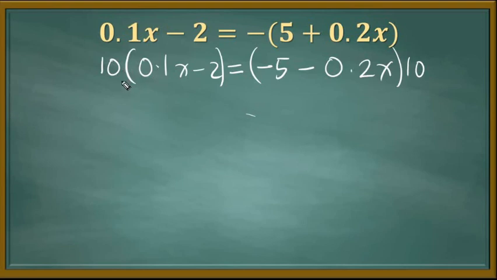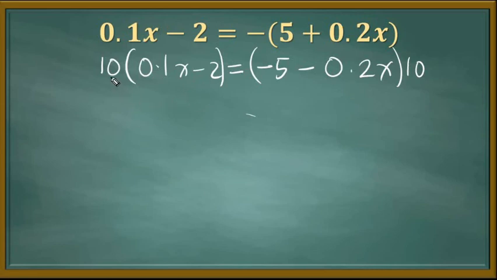Right, now if you look at what the effect of multiplying 10 by these decimal numbers is, note how when I multiply 0.1x by 10, I'm effectively moving the decimal point of 0.1 one place to the right. Because if you might remember from your grade school, that's what multiplying by powers of 10, like 10, 100, or 1000, does to a certain number. So in that case, if I apply the distributive property of multiplication over addition on both sides of the equation,